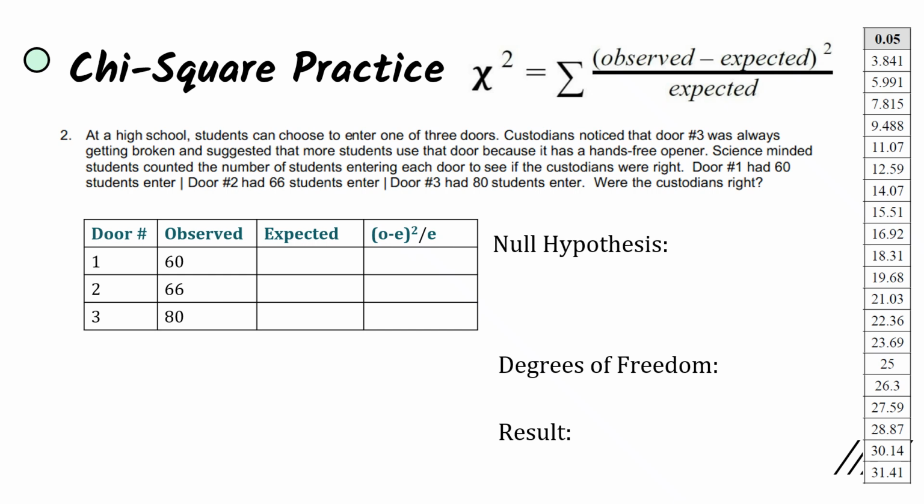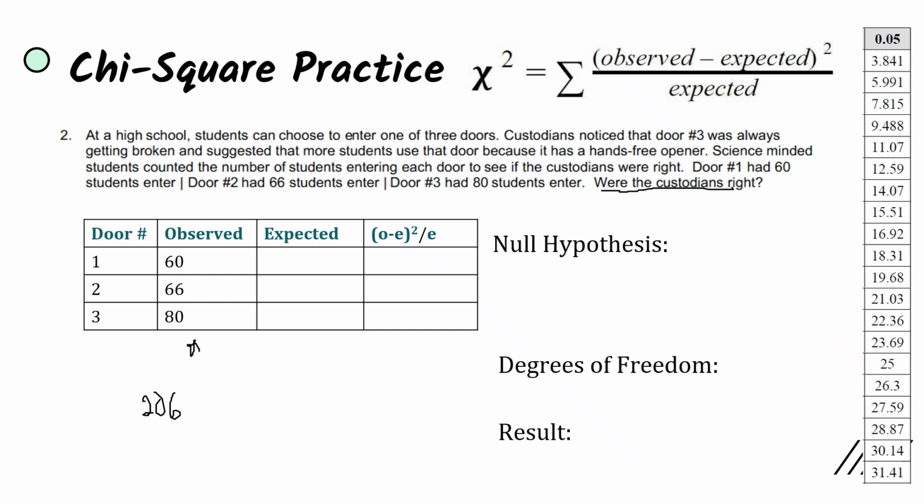So at first glance, it does look like more students entered through door 3, but let's check to see whether there's a statistically significant difference between the observed and expected value. So I already have our observed values for each door in here, and now let's think about what the expected value would be. If we have 3 doors that are all equally accessible, so there's an equal chance to go through each door, and we have the same number of students here, which when you add it up becomes 206 students,